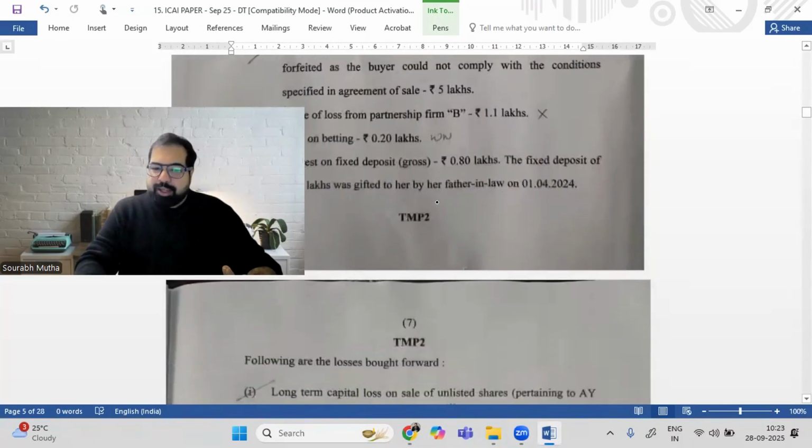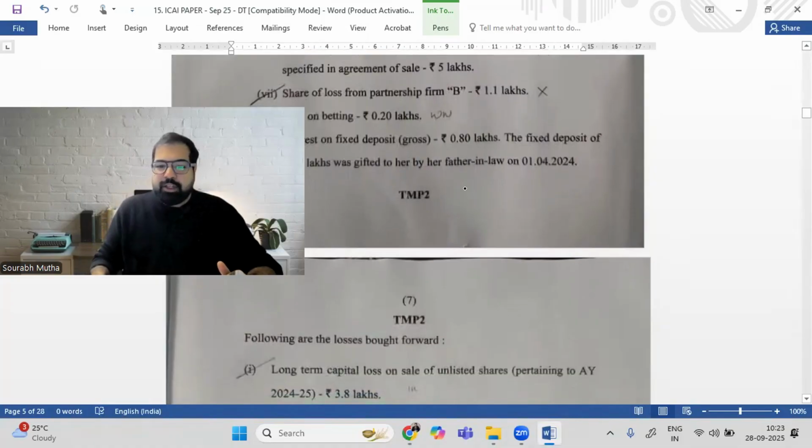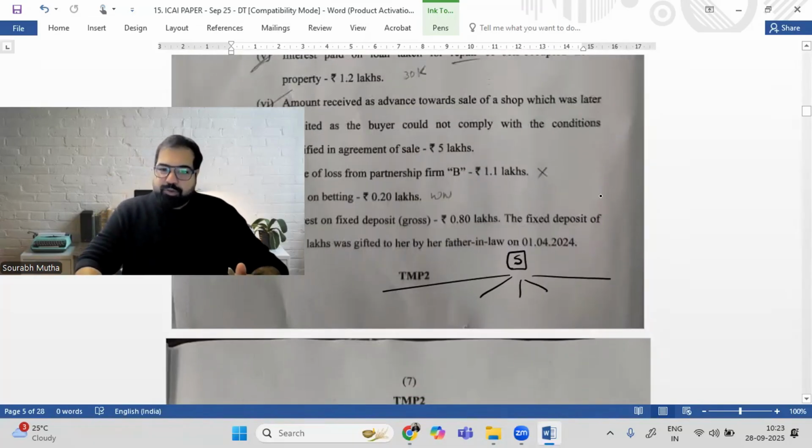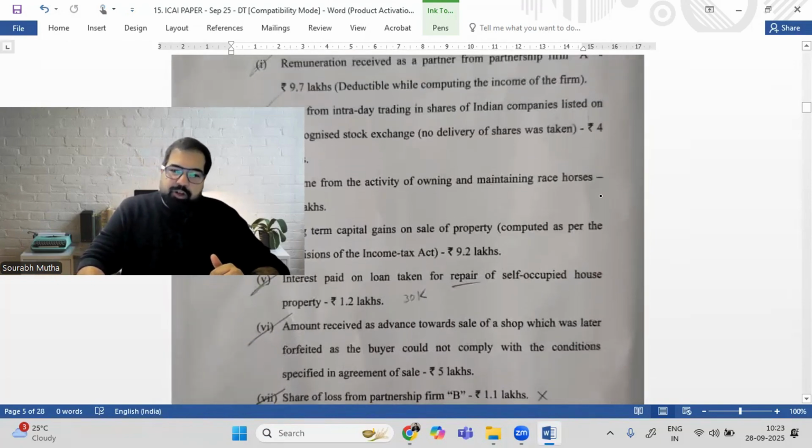Guys, as you know, we make a small diagram, which I'm trying to make here. And we put Surbhi in the middle and we put the different incomes in the different cases. And we'll try and then set it off and get a final answer. Let's go. We'll just park all the amounts in the different places.